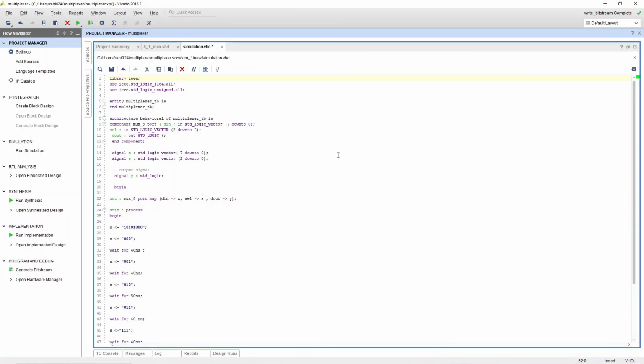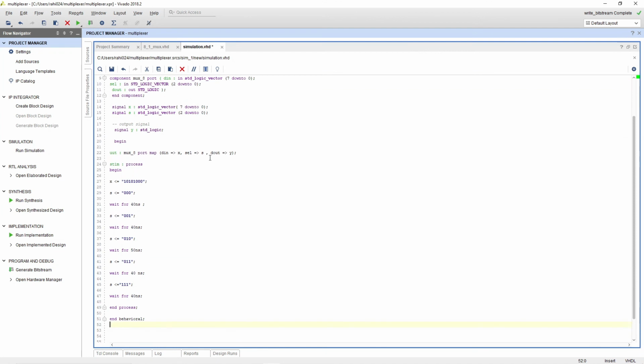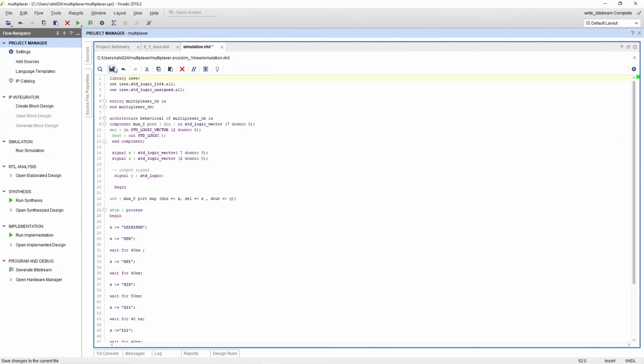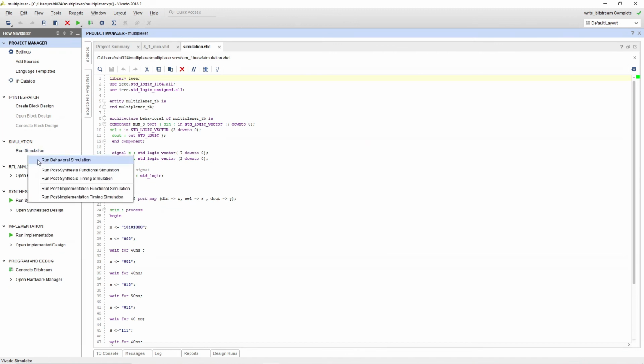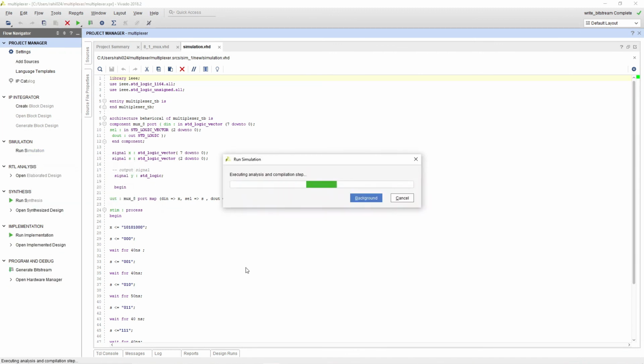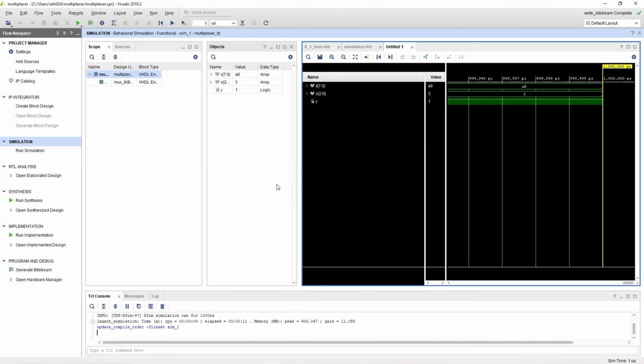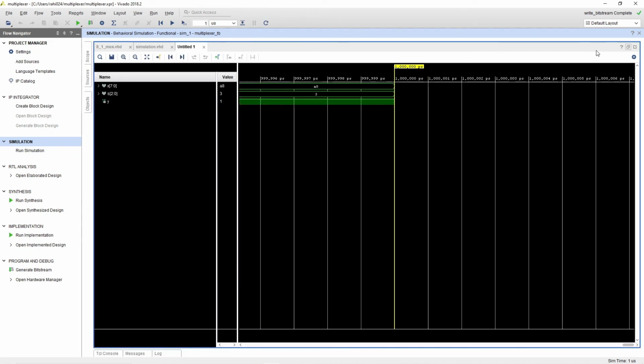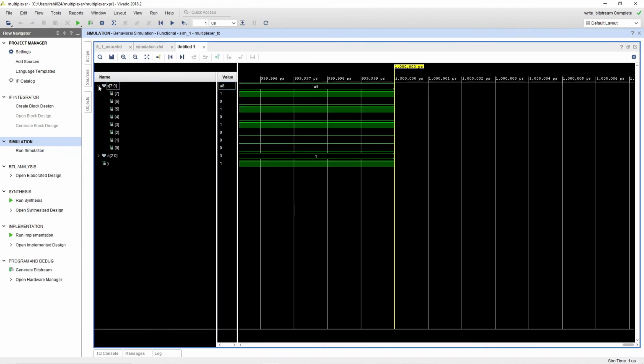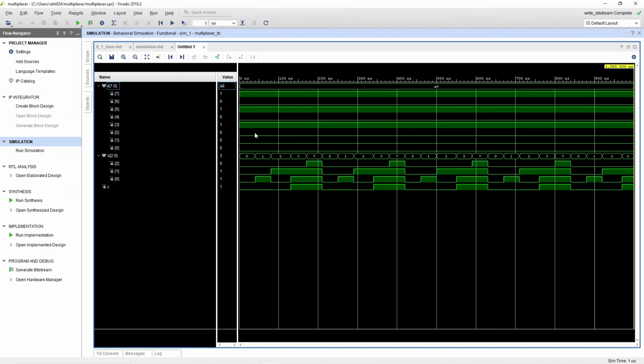So as you can see, guys, finally the code is successfully written, and I will save it, and let me quickly show you the simulation. I will go to run behavioral simulation, let it open. Yeah, you can see it is running perfectly. So this is the input, this is the select lines. Let me zoom fit.